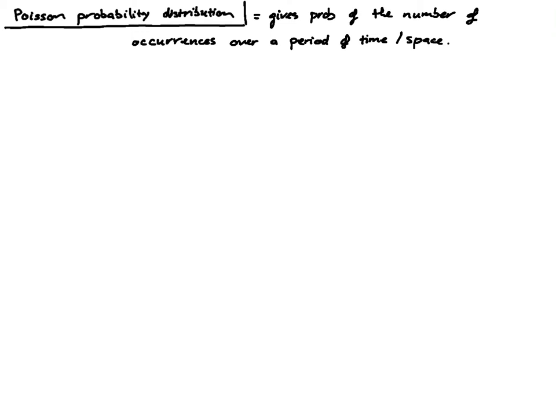Now to find the probability of the number of occurrences over a period of time or space, we use the following formula. The probability that x is equal to x sub k is mu to the x sub k power times e to the negative mu, divided by x sub k factorial,